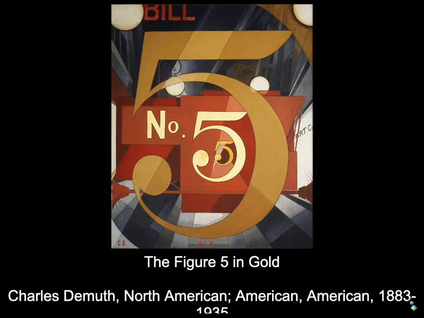So if you look at the gray, black, white forms, you see skyscrapers and street lamps, all simplified and abstracted, so that you get this kind of throbbing sense of 5 repeated, like 5, 5, 5, 5, and then that red shining out in that black. Now, this painting has a very specific source. Demuth was friends with one of our great poets at the time, William Carlos Williams. And Williams had written a poem called I Saw the Number 5 in Gold.